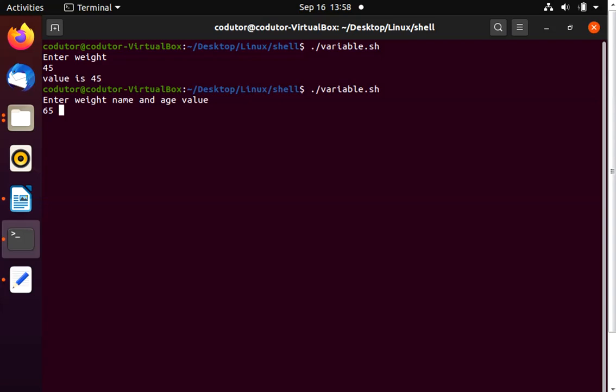Let's say Suresh, and again space bar and the third value, that is age, 25. And here we go. Value is 65, that is weight. Name equals Suresh and age equals 25. So this is how we can take multiple user inputs using the read command.